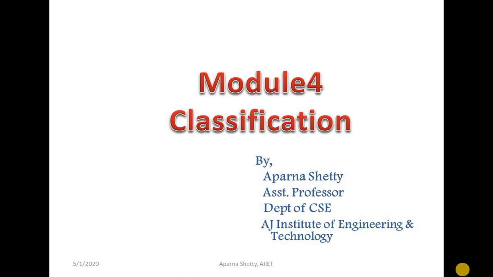So in this video lecture, I would like to continue with Module 4, that is classification, from the subject data mining and warehousing. In the previous video lecture, we studied the basics of classification. We had taken examples and studied the basics. We had seen how to construct the decision tree. We had also seen how to use Hunt's algorithm for constructing the decision tree, as well as some ways of splitting for different types of attributes.